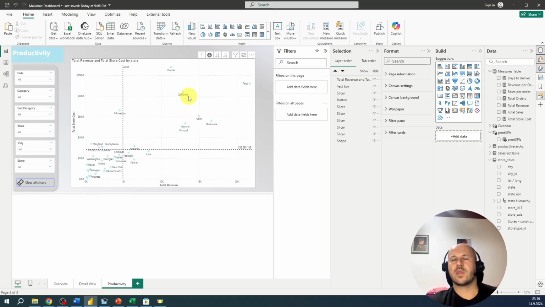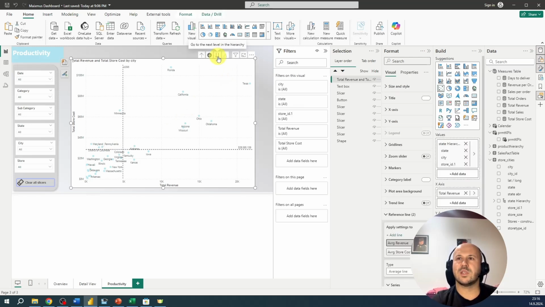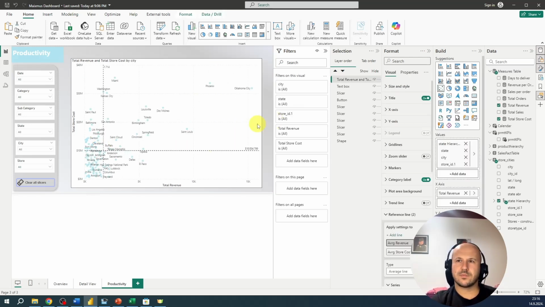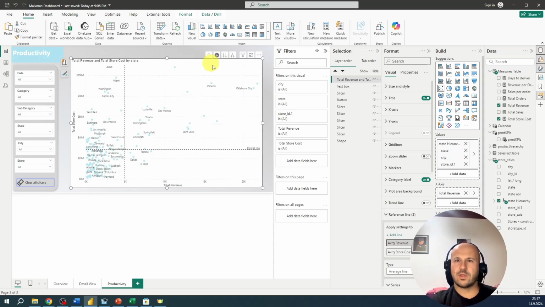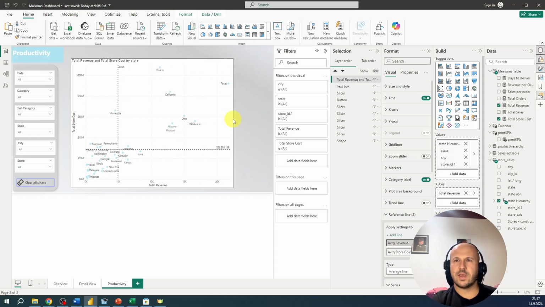So in our case, in this example, the base case would be to have revenue above average and cost below average, and those are Minnesota, Maryland, Pennsylvania. Let's drill down to the next level to see that by city. And let's move it up to state level, and